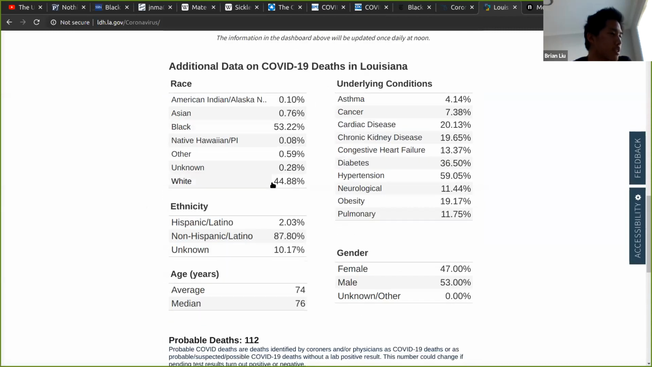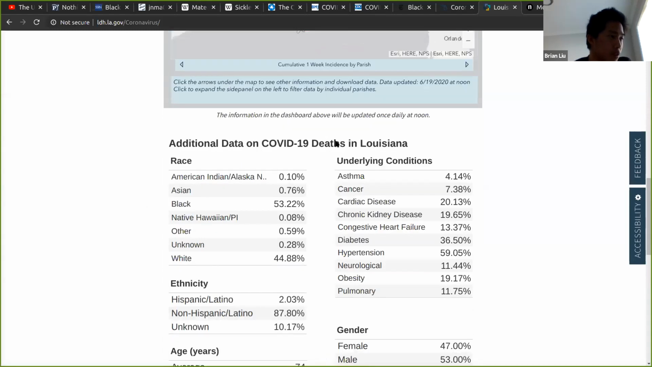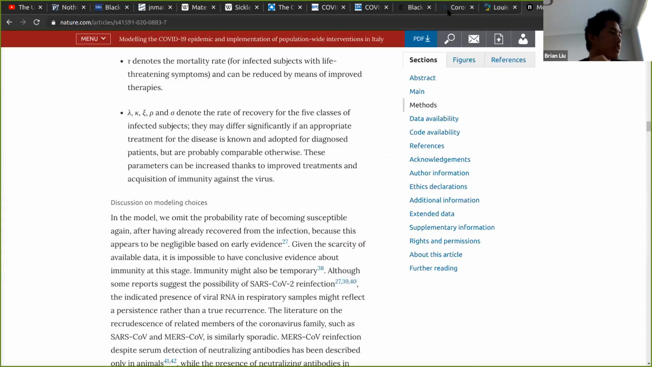Blacks are disproportionately impacted by coronavirus in Louisiana, and this is coronavirus deaths. So these are lives lost to coronavirus. Whereas if we look at the Black population of Louisiana, it's around 1/3. And we see here that a lot of these cases also have underlying conditions. And that brings us to another point,